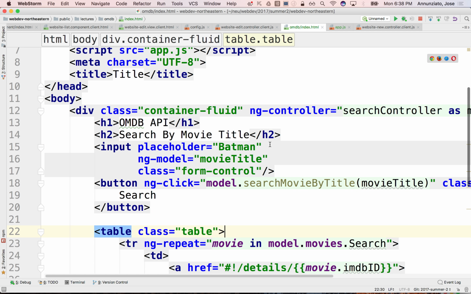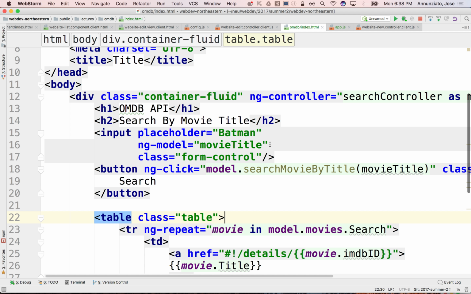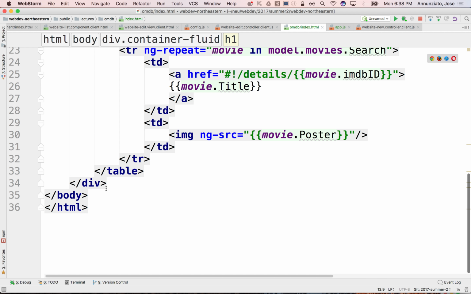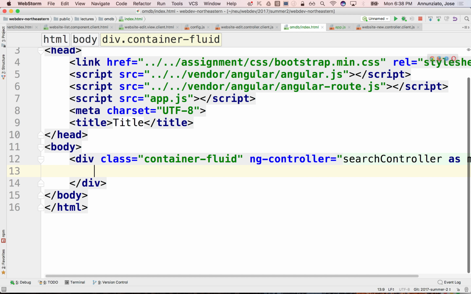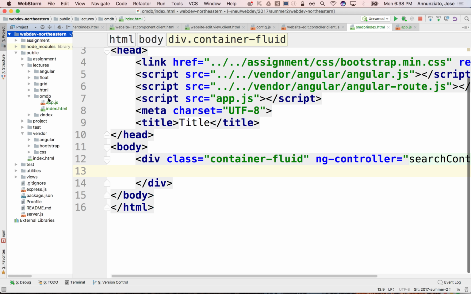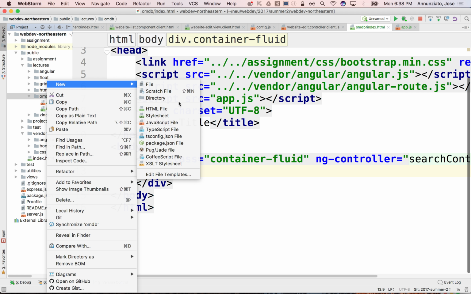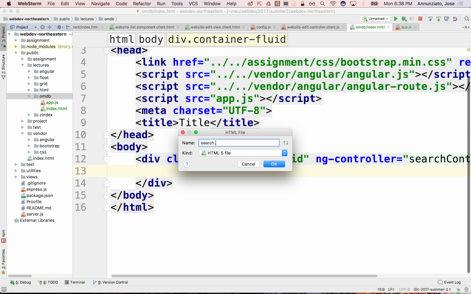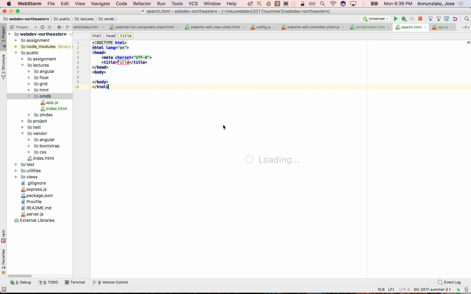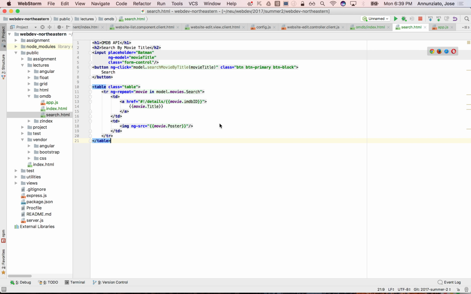This index page really belongs in a separate template, right? As one template of many templates in a larger application, right? So what I'm going to do is grab most of this, all the way up to here perhaps. I'm going to remove this, and instead put it in a separate template, right? And I'll put it in maybe an HTML file called search.html, and I'll paste it in there. Okay,